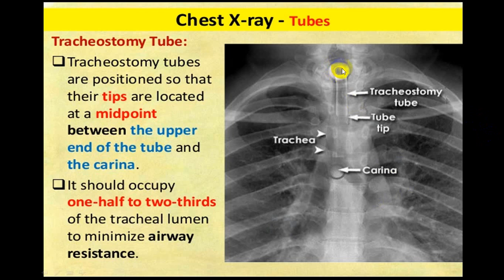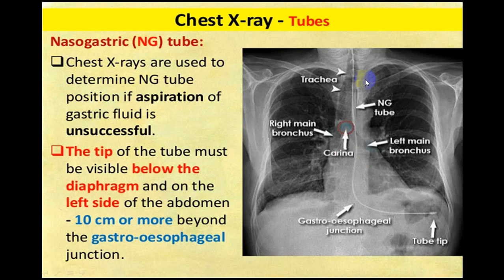Now this is a tracheostomy tube. You can see this round. So this is the opening, and that tracheostomy tube will be very short. It will not be very long. So this can be easily identified. So a tracheostomy is usually done just above the suprasternal notch. If you see a round structure like this and a short tube, so usually it is a tracheostomy tube. So just look at that properly. And this is quite above the carina angle. This is the carina angle. Now this wire, you can see the tip of this wire.